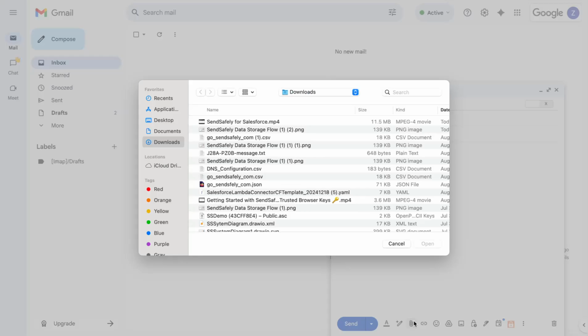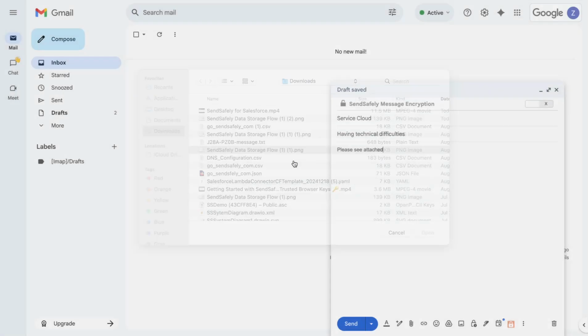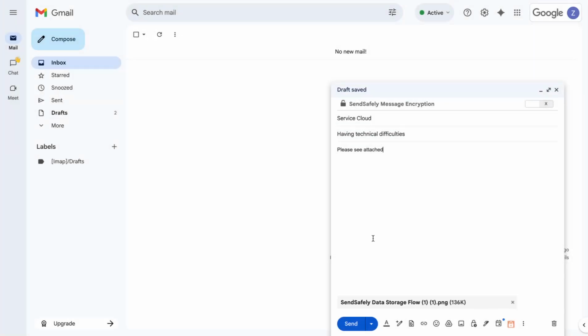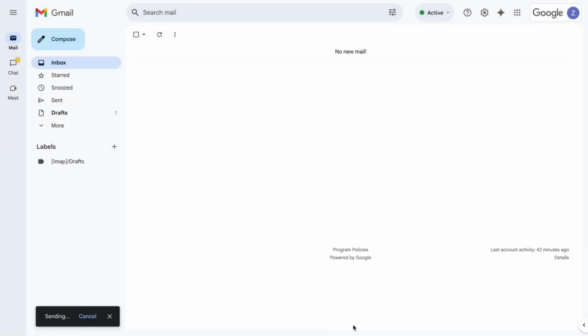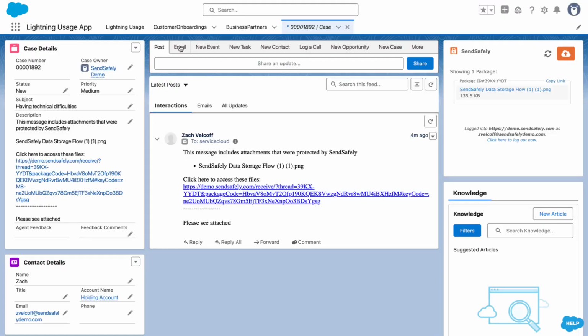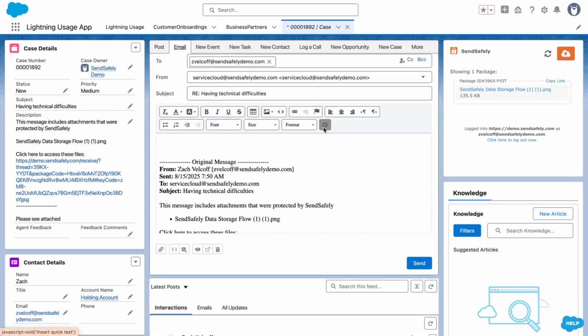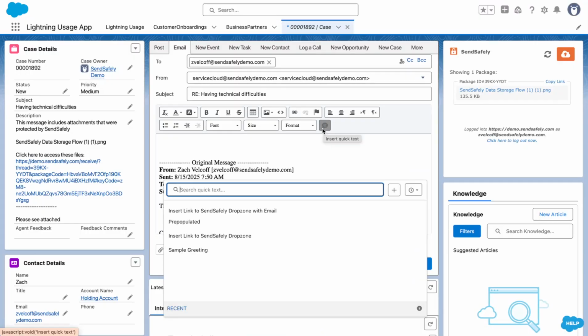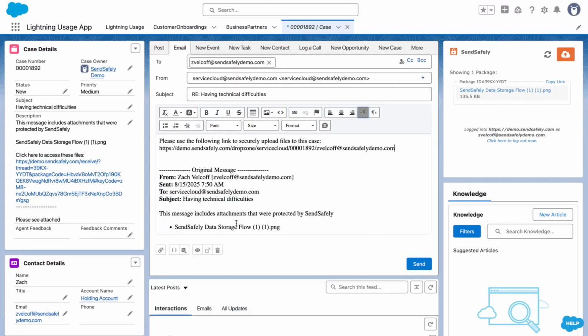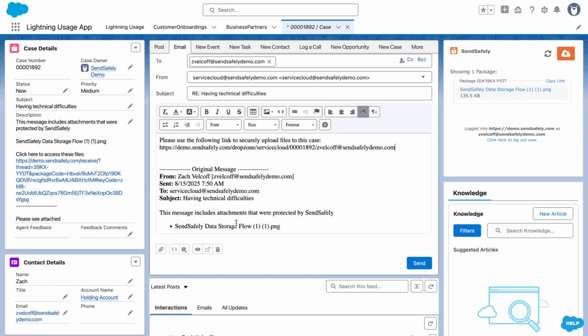You can also use our inbound serverless email gateway to encrypt attachments or email bodies and attachments bound for your email-to-case address. With a hosted drop-zone connector, you can create a new case or update an existing case upon drop-zone submission. Your agent will use a quick text or template to direct your end user to a hosted drop-zone URL